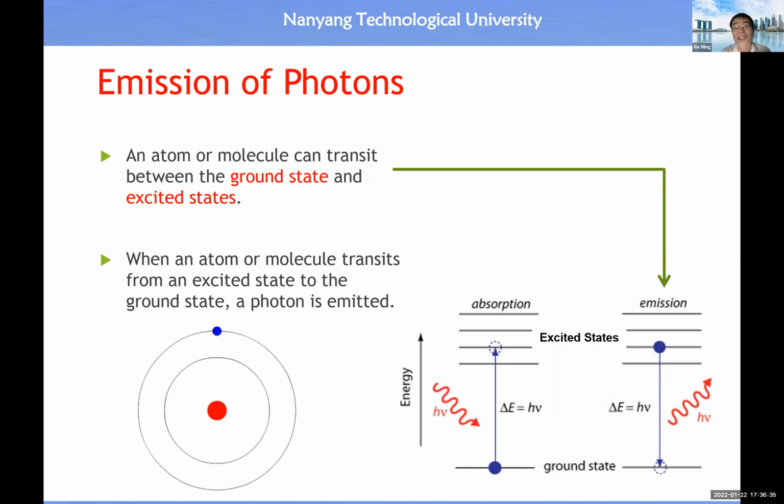So actually, you will see inside the atom we have an electron. When an electron moves from a high energy orbit to a lower energy orbit, there is a release of energy in the form of a photon. So that is the origin of light, or the origin of visible light, right? Because there is a release of energy in the form of